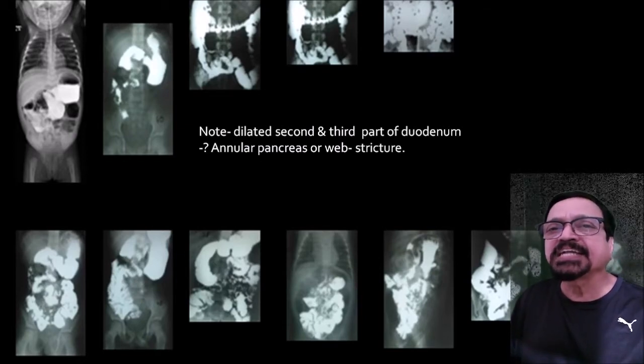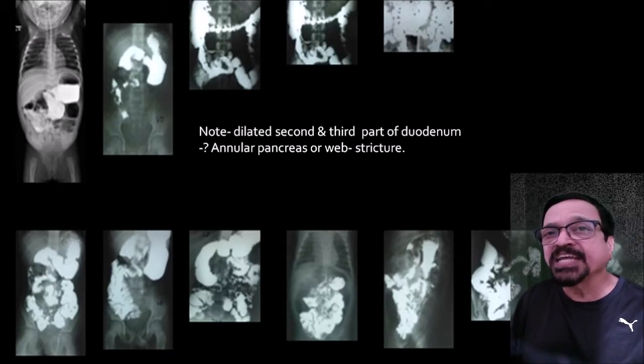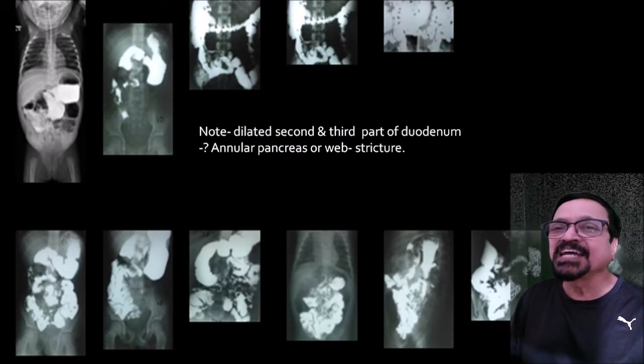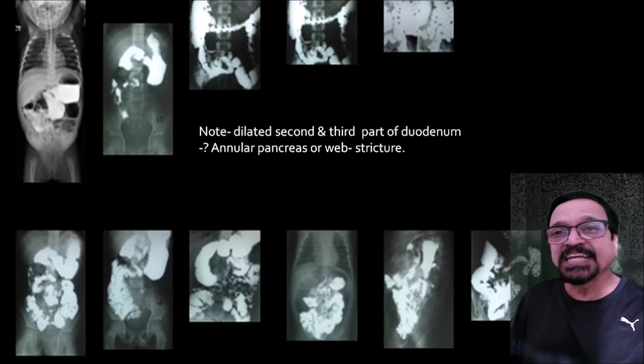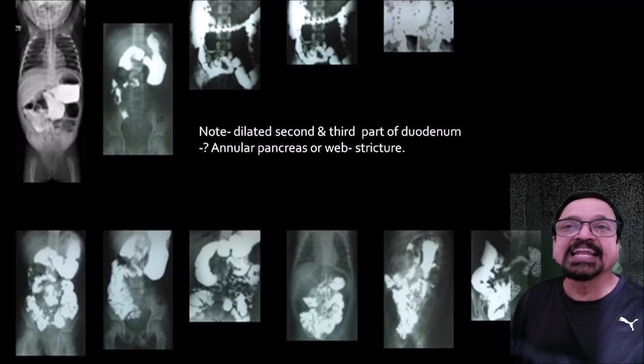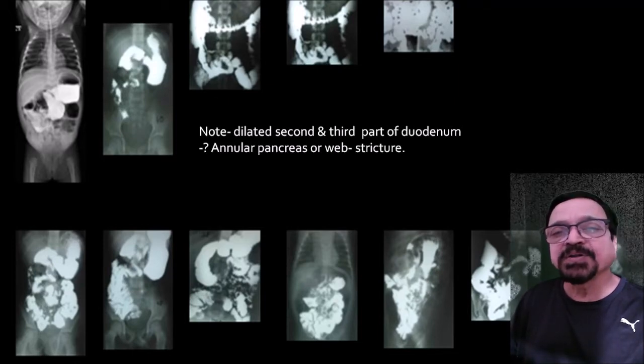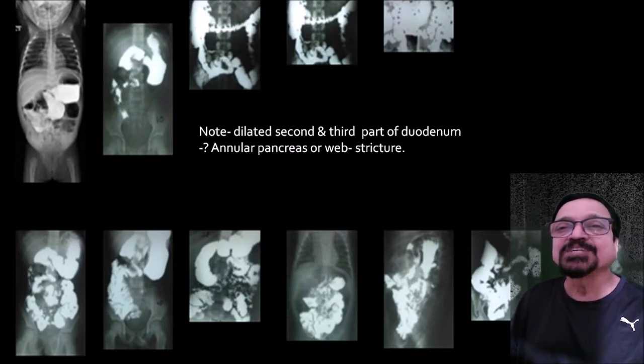You are seeing multiple dilated small bowel loops, but the loops are crowded on the right side. So that is the wrong place for the jejunum. So there is a malrotation. Then you are seeing the dilated second part of duodenum. So ultimate diagnosis comes as, in the first and second film, the dilated first and second part of duodenum with malrotation. So top on the list should be band of Ladd.